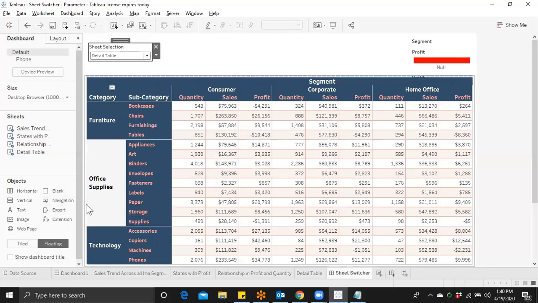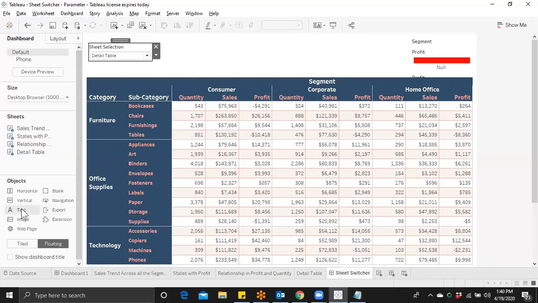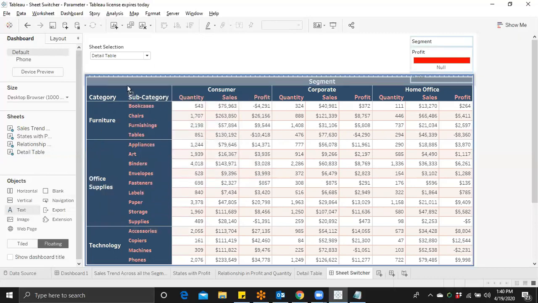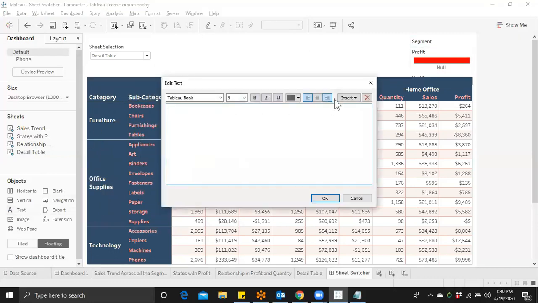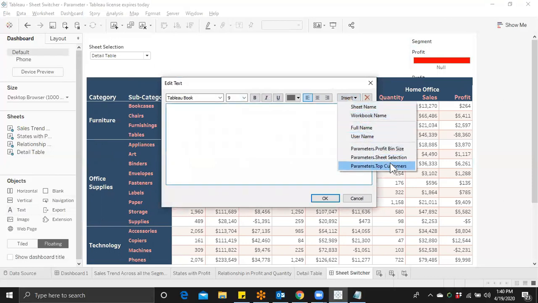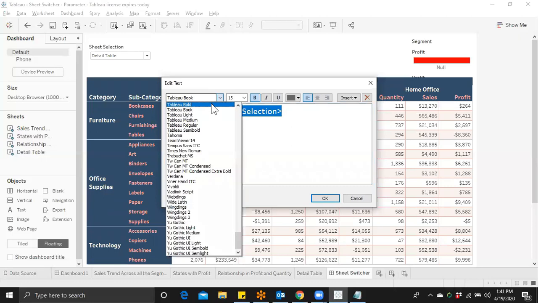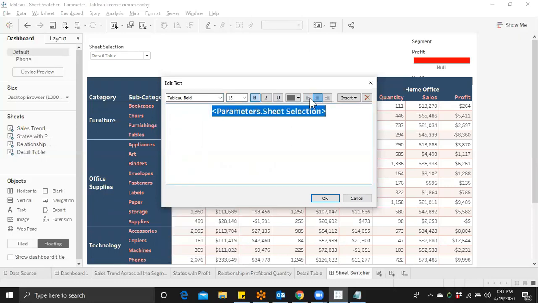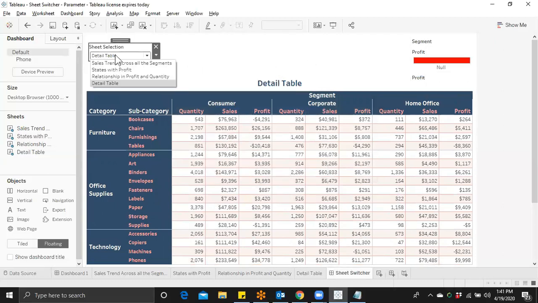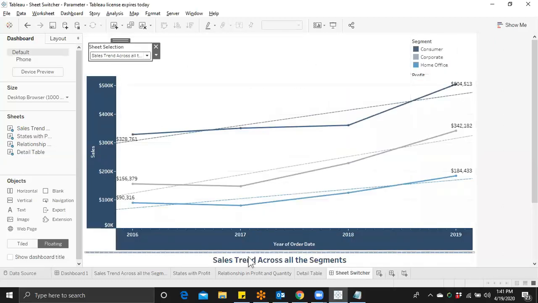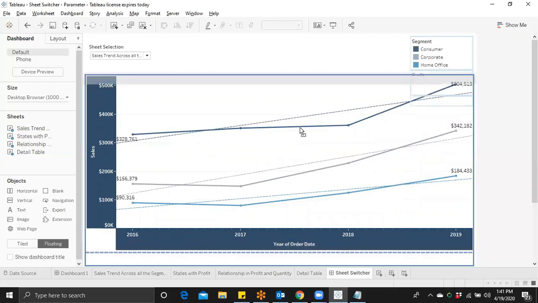Now it comes to the title. How can we get the title now? So no worry, just by holding the shift key, drag the text box here and pass this parameter here, sheet selection. Let's make a little bit bold title, centralize, and let's make the color formatted. Whatever you select. Okay, the title is going down, no problem.